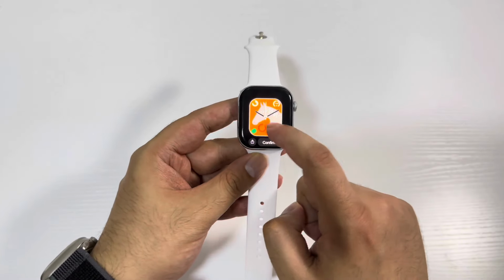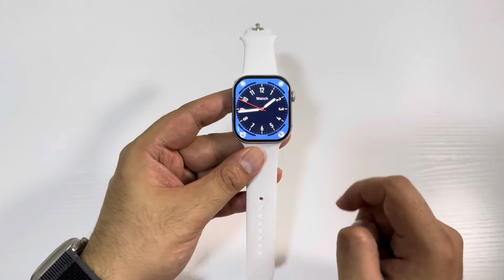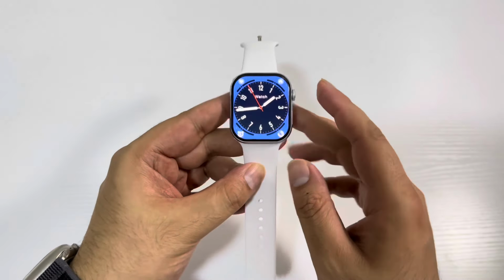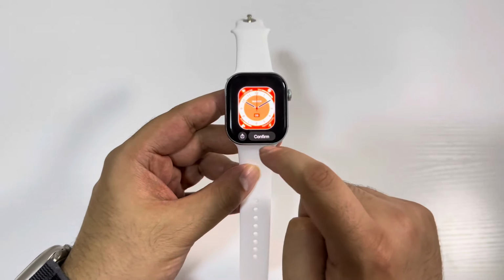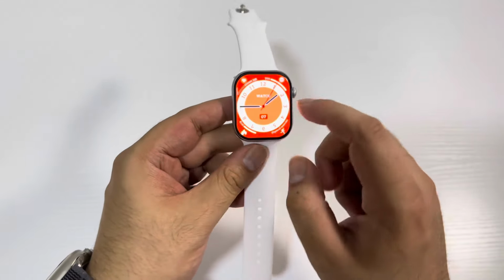So let's check another watch face. This is a new watch face. As you can see, guys, the colors look really vibrant and the display quality is outstanding in this clone watch. On HK10 Pro, they are using a really good display on that one as well. So yeah,